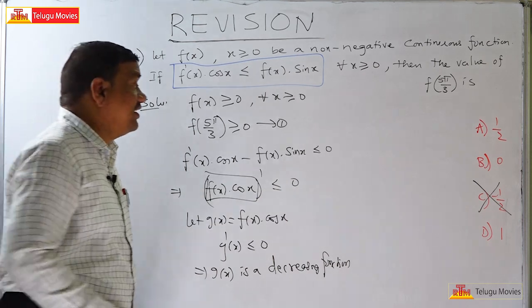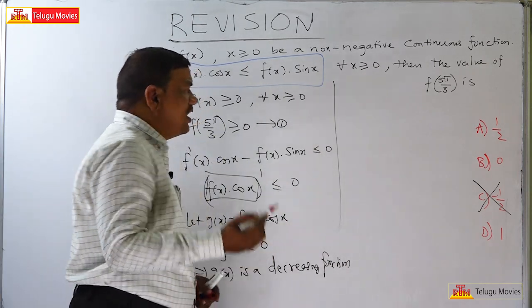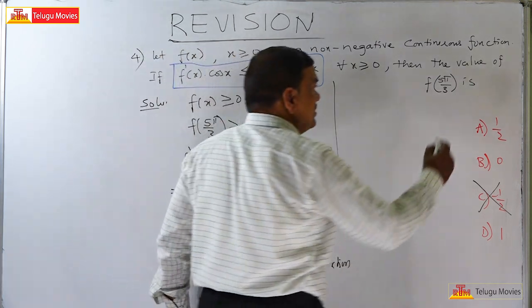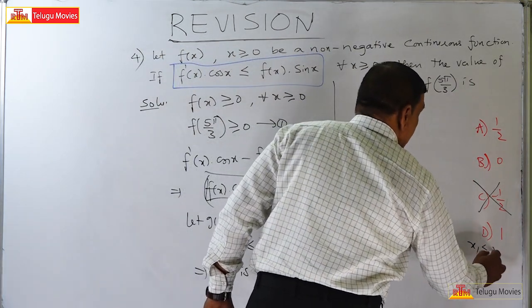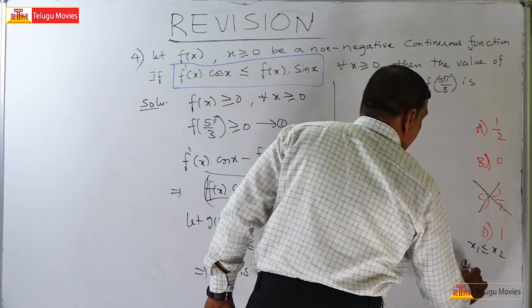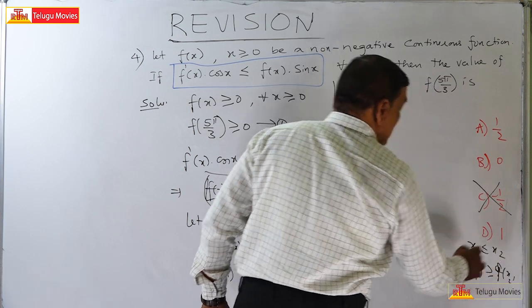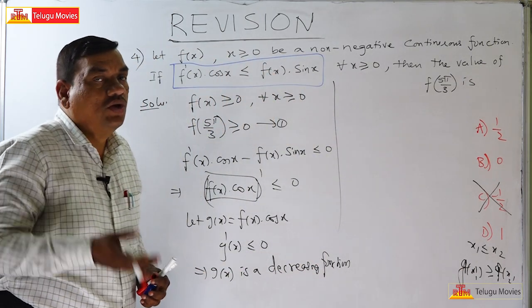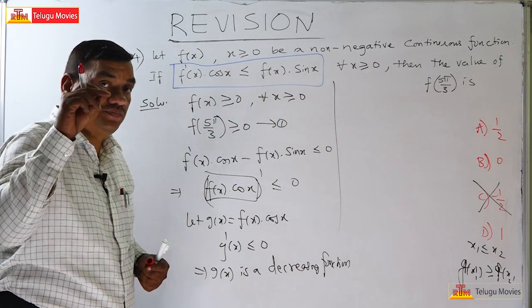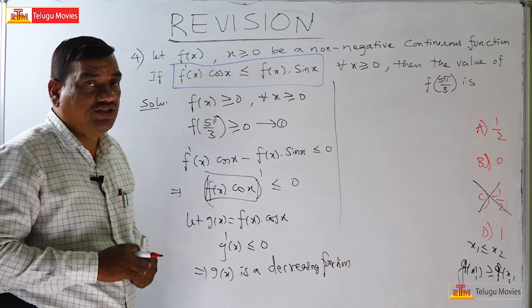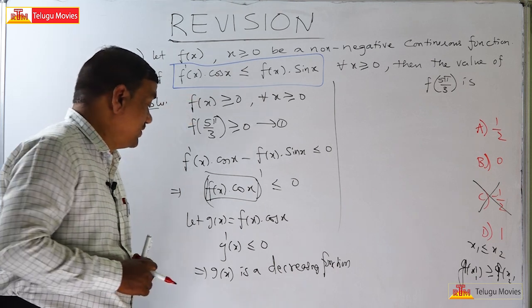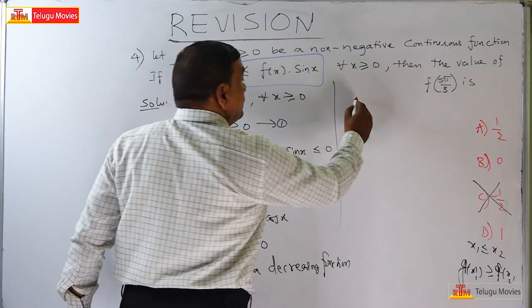When it is a decreasing function, we know the concept: if x1 is less than or equal to x2, then f of x1 is greater than or equal to f of x2. If it is less than or equal to, we will get greater than or equal to. We explained this in the increasing function and decreasing function definition. Right, we know that